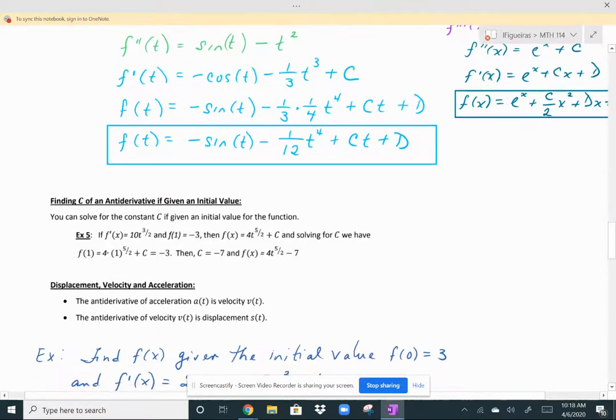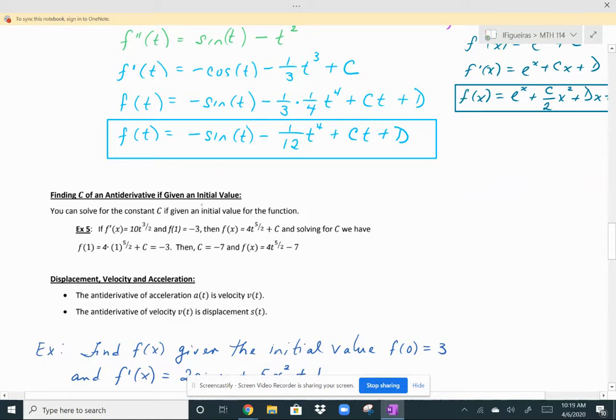These are called initial value problems. So with initial value problems, that will allow you to solve for your constant of integration. So that means that additional information has to be given. So you can solve for the constant in an example like what we see right here. If f prime of x is equal to 10t to the 3 halves and f of 1 equals negative 3, then we're going to find the